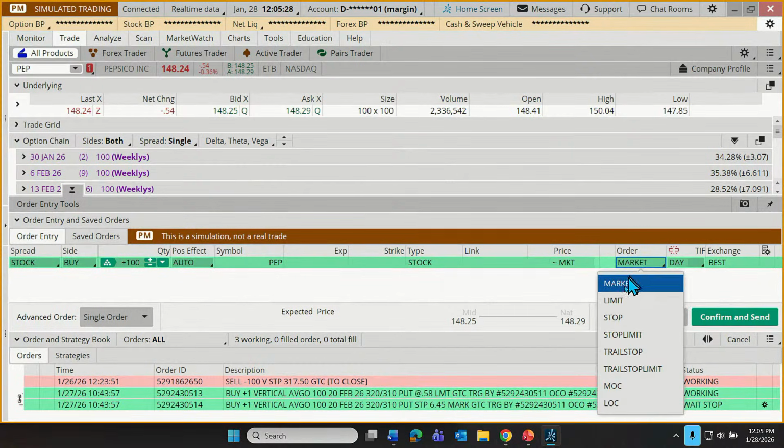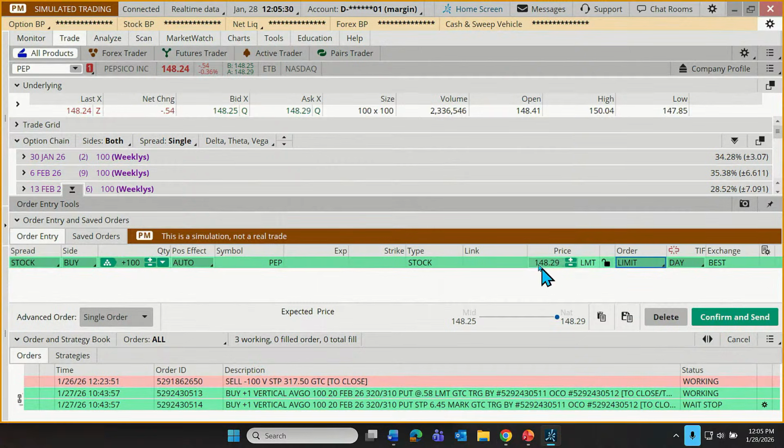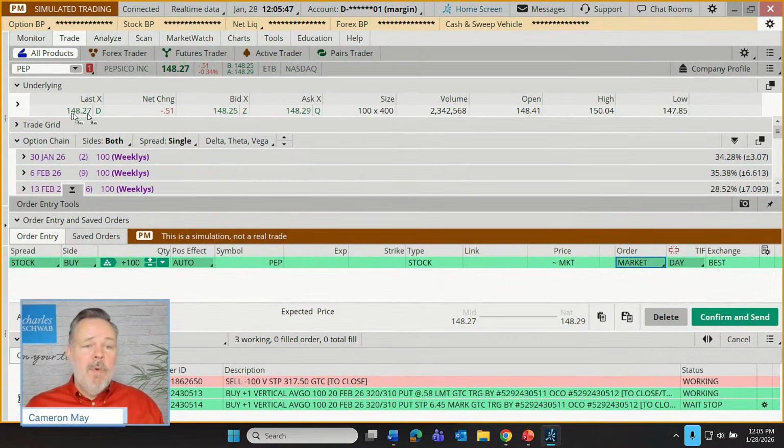If you're not familiar with limit, it just means I'm putting a cap on how much I want to spend on these shares. For example, maybe I don't want to go over 148.50. If we can buy below that, great. We just don't want to buy above that level. On the other hand, we might switch this to a market order, which just means I'll just pay whatever the market demands. It might be 148.27 right now. It might be more, it might be less. But how about for this example? Let's just do a quick trade of 10 example shares just to show that we could customize this, and click confirm and send.